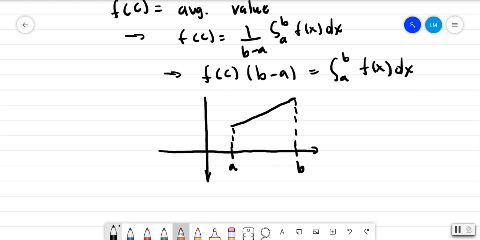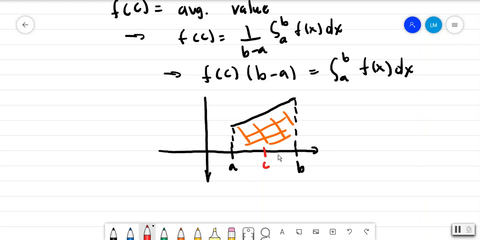This is the area beneath the curve, and of course this is a trapezoid, meaning that we can find this area very easily. However, what the average value is saying is that there's a constant c